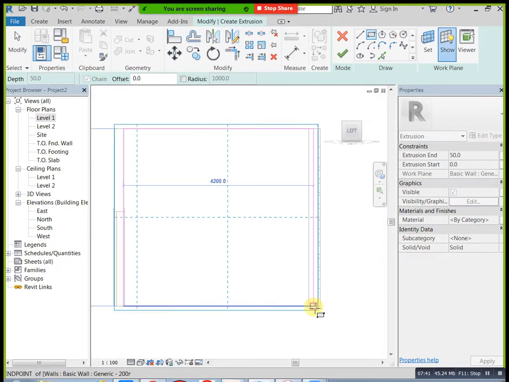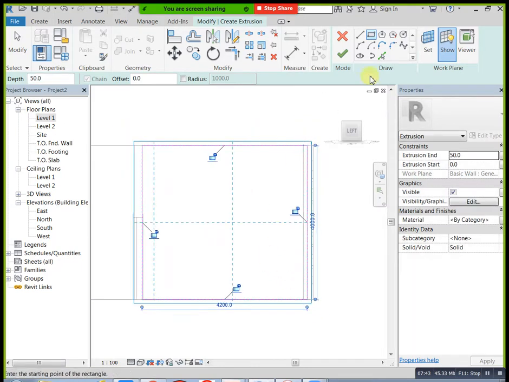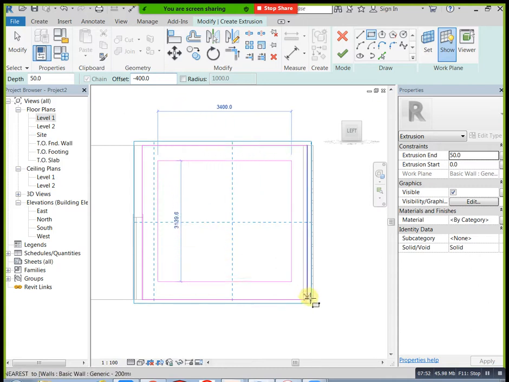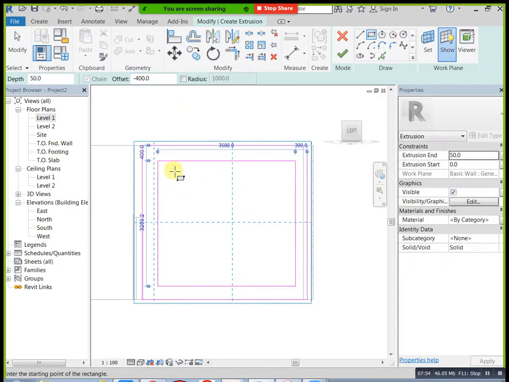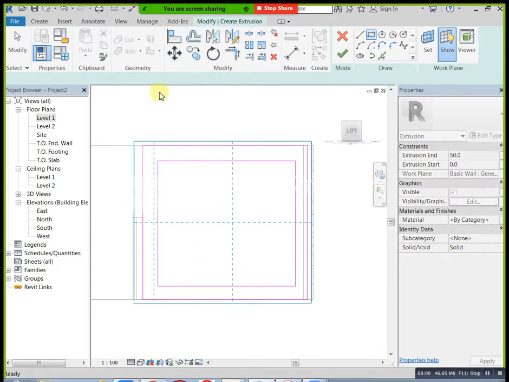You will take offset here also, same 400. Here I am applying a simple design. Just select rectangle, 0, see now.